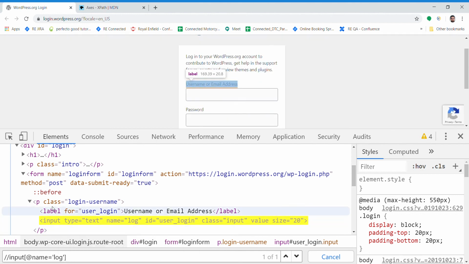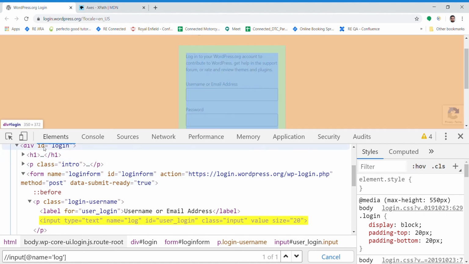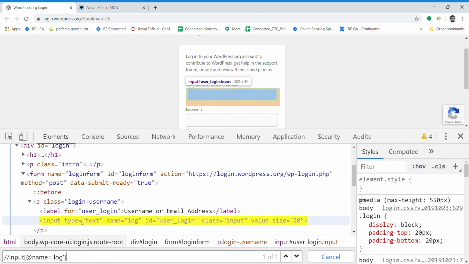There is no reference to all these parent nodes. This is one of the big advantages of using relative XPath, because this is robust. Even if these things get changed, they are not going to impact it. But as we see in the absolute XPath, we are using these nodes. If anything gets changed in the page structure, our XPath will also get changed. So it's better to use the absolute XPath compared to the relative XPath. Is that right? No, it's reverse. We have to use the relative XPath compared to the absolute XPath.